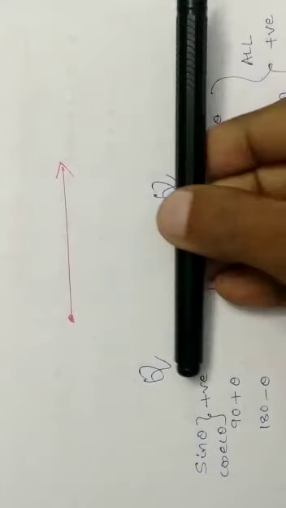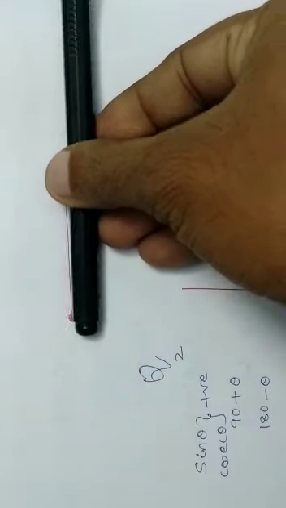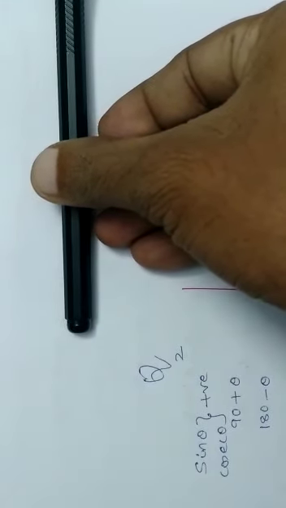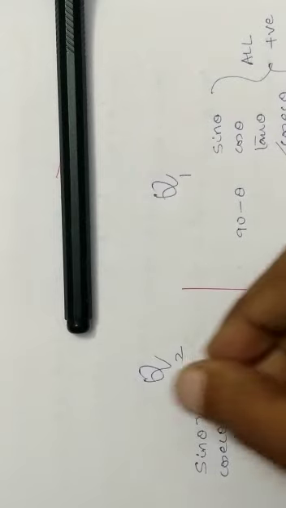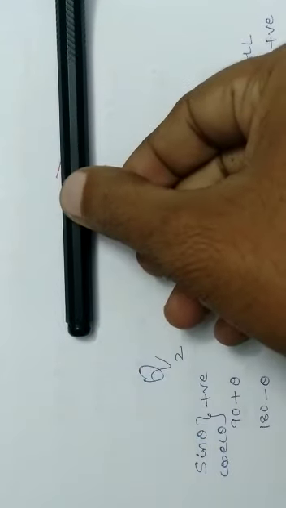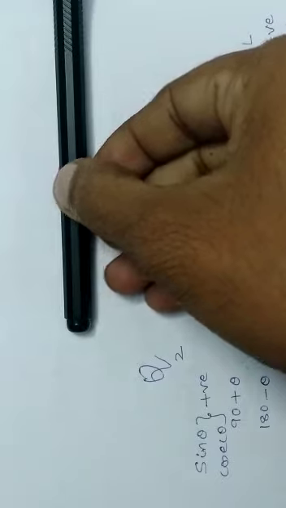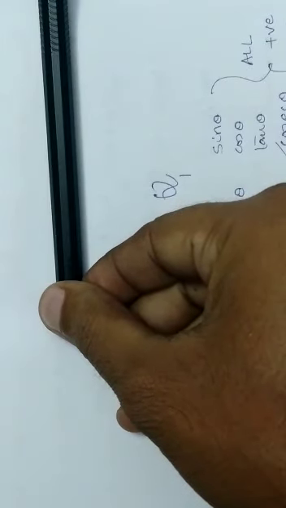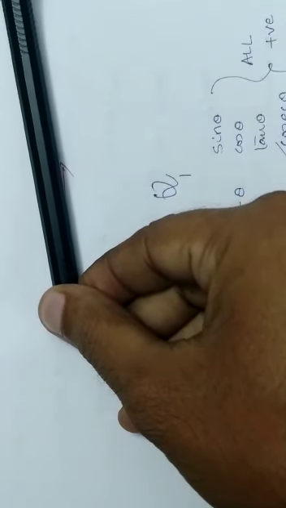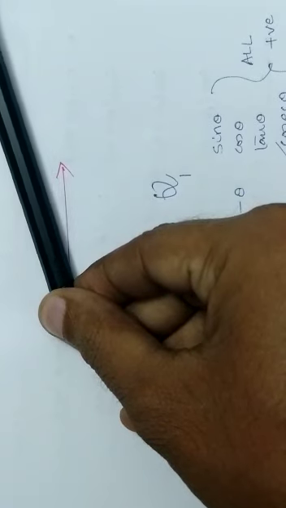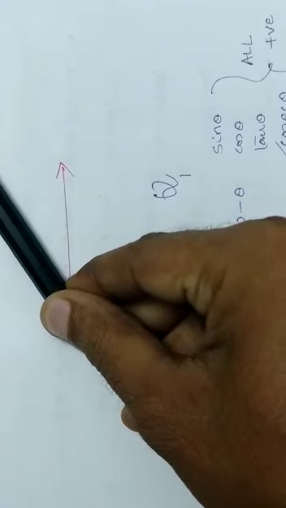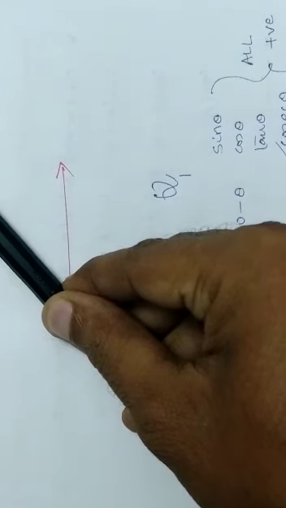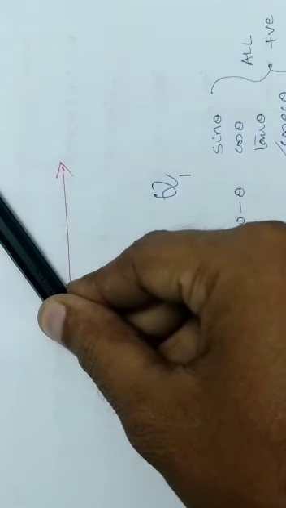Suppose there is one more ray which is overlapped on this ray. If you rotate this ray in anti-clockwise direction, if you rotate the ray in anti-clockwise direction,